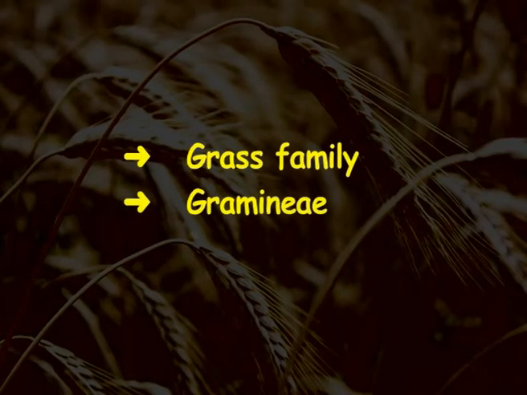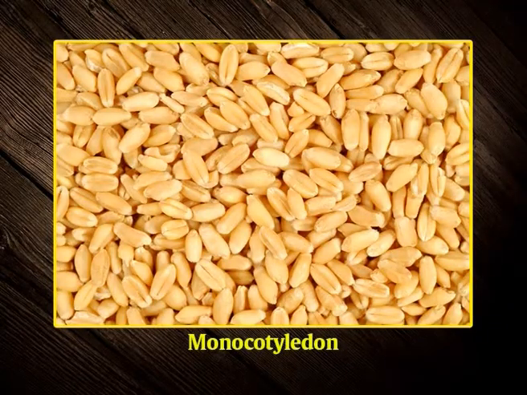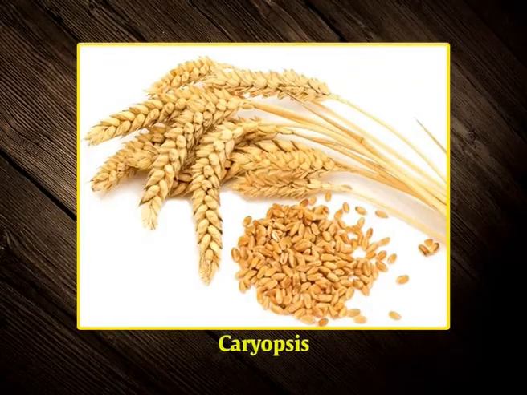Cereals are the most important source of plant food to man. They are considered a gift of Ceres, Roman goddess of agriculture. All cereals belong to the grass family, Graminae or Poaceae. They are cultivated members of the grass family and as such are monocotyledonous angiosperms. The common feature of cereals is the seed or grain, botanically known as caryopsis, in which the seed coat is fused with the ovary wall.